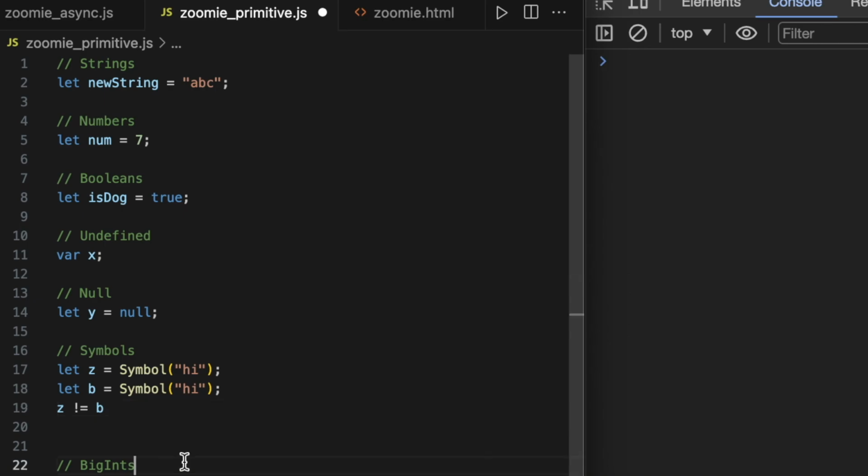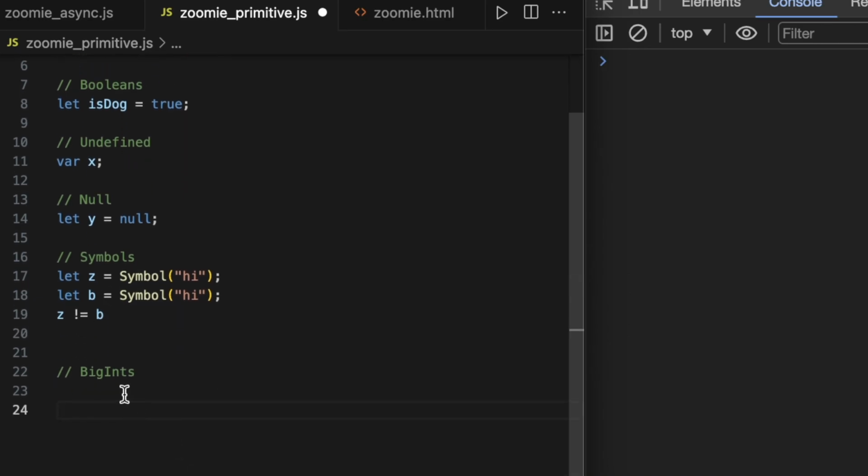BigInt. So BigInts hold really large numbers. Number data types have a limitation of 2 to the 53rd minus 1. This is where BigInt can help. You can place an n at the end of a number, or you can just declare it by using the